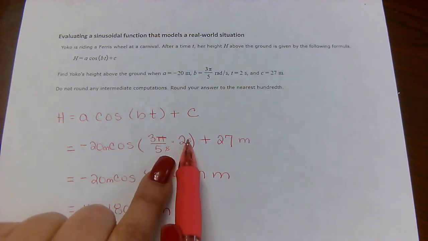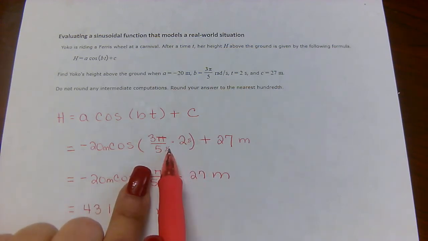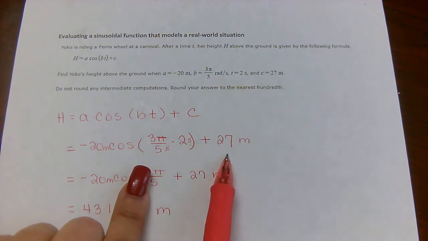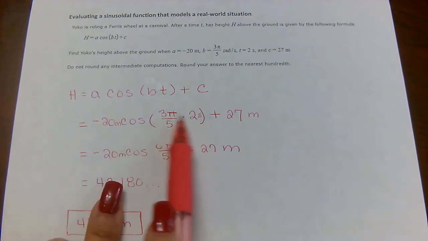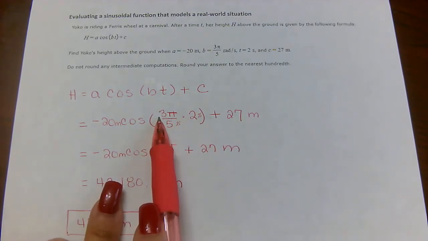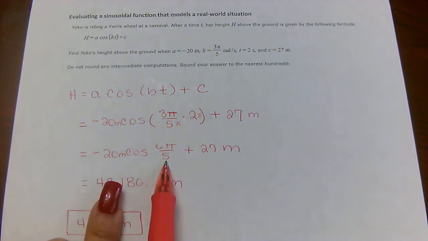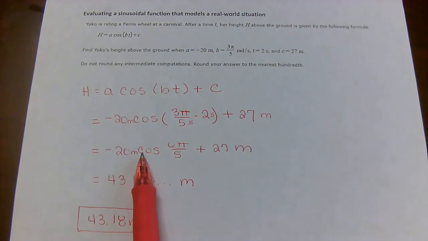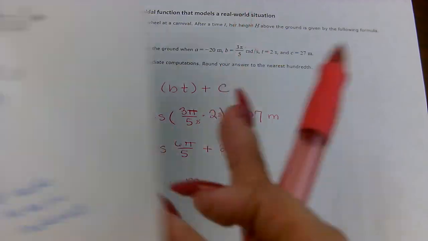Notice I canceled out the seconds because you have one in the numerator and one in the denominator. Those cancel each other out. Plus c, which is 27. Okay. So I multiply all these together, I get 3 times 2 is 6 pi over 5. Everything else comes down. Now, cosine of 6 pi over 5